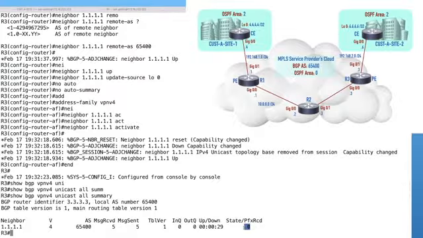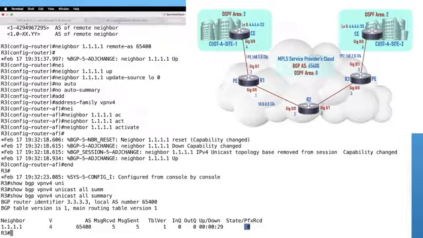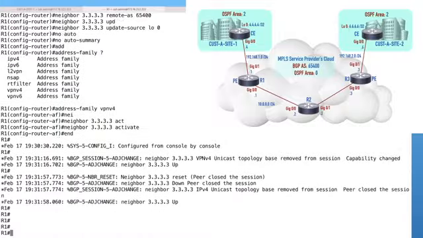And I talked about the route distinguishers earlier, and I talked about how we could leak one route from one customer over to another customer's routing table. We're going to see how to do that now. Now, I'll go back to R1 to do that. We'll start there. So on R1,